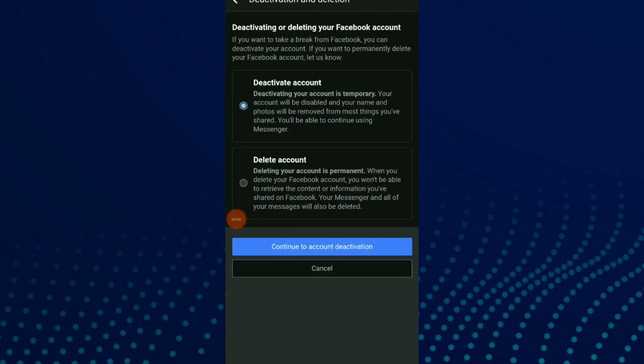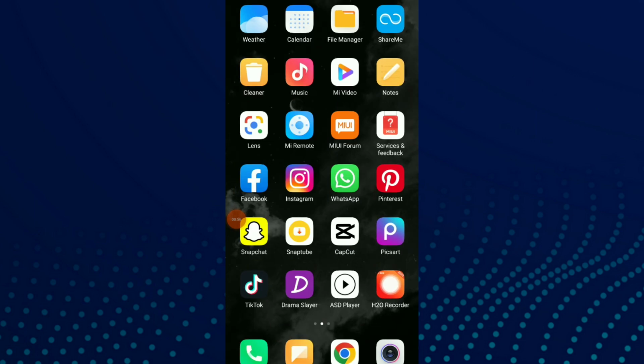And here click on deactivate account to deactivate and click on continue to account deactivation, and this is it. So this is it